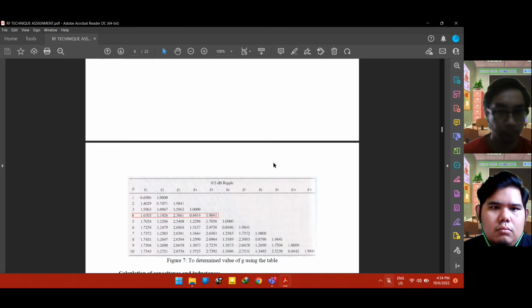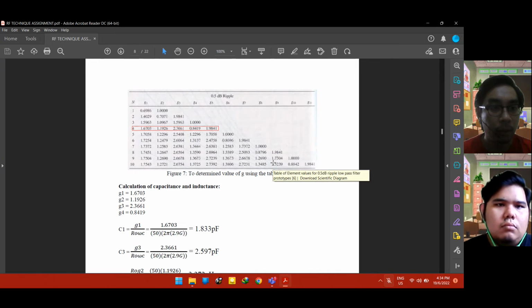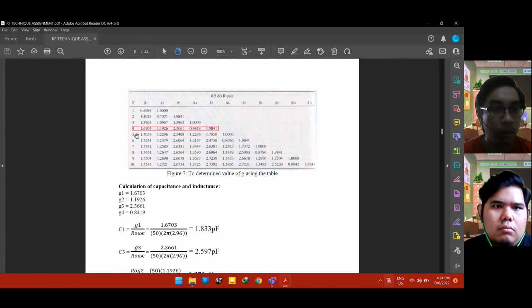So because n equals 4, I will use the values for 4, which is G1 1.6703, and then G2 1.1926. G3 is 2.3661, and then G4 is 0.8419. So I will use until G4,